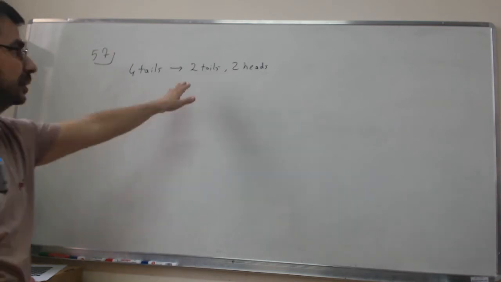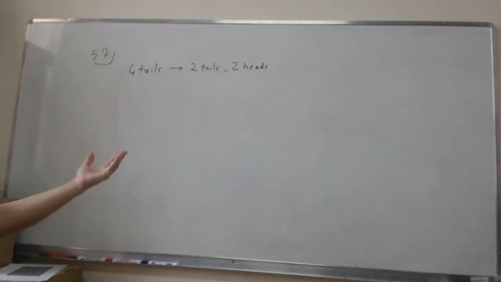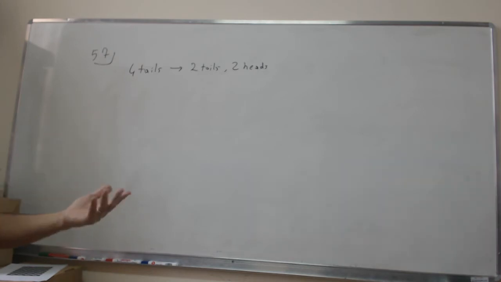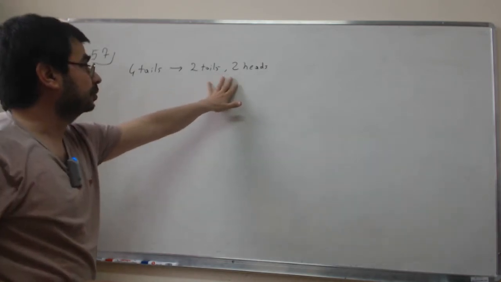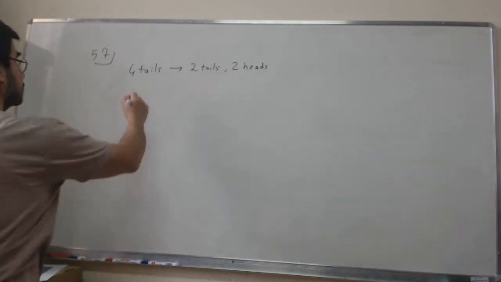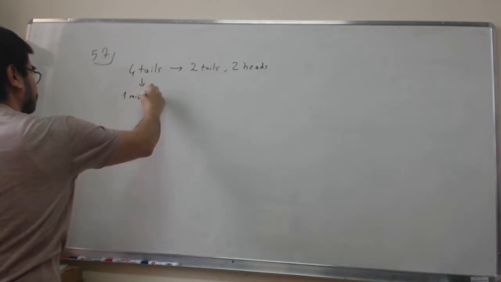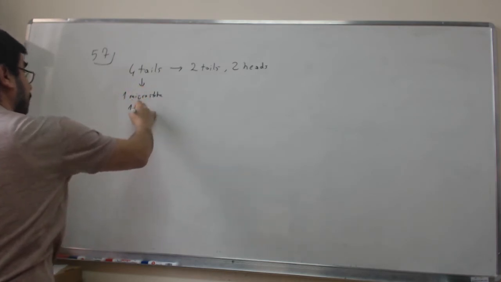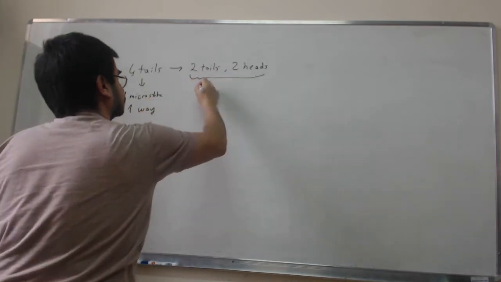Whereas if you have 2 tails and 2 heads, now there are a number of ways you can actually achieve this. You can choose just the first 2 coins to be tails, or the last 2 coins, or the first and the third one, and so on and so forth. But the bottom line is that this corresponds to a larger number of microstates. So this corresponds to a single microstate, or let's call this one way, and this corresponds to 6 microstates,